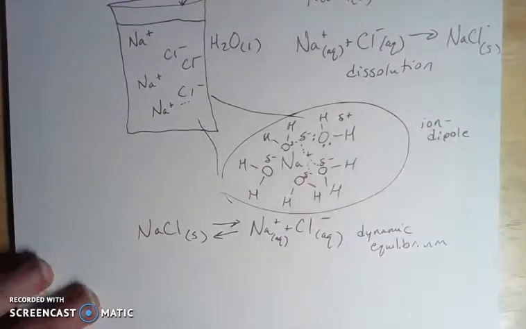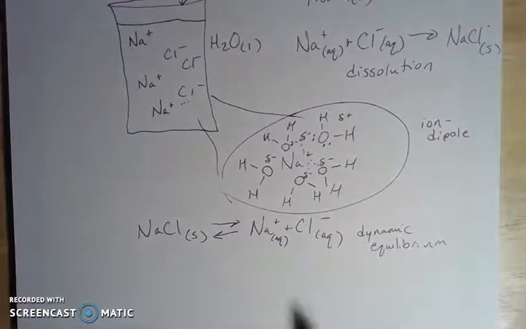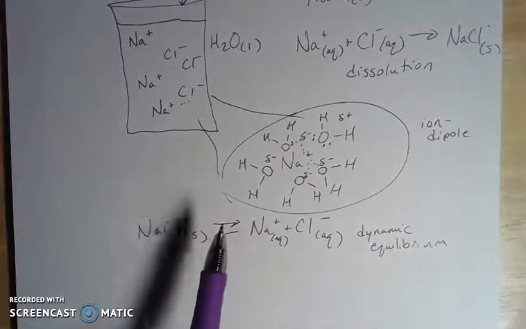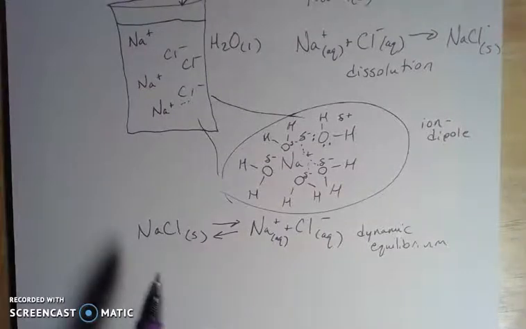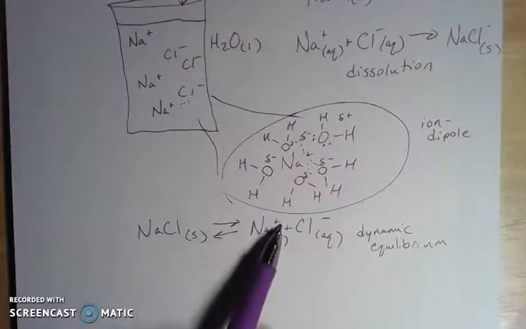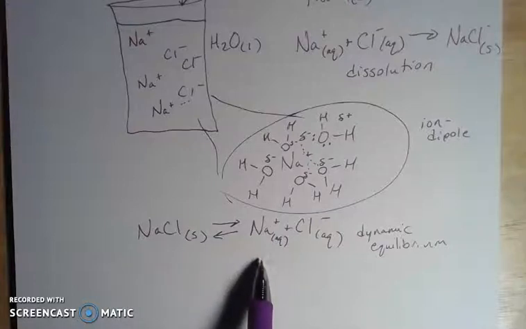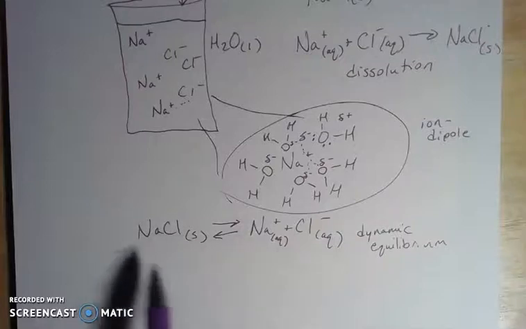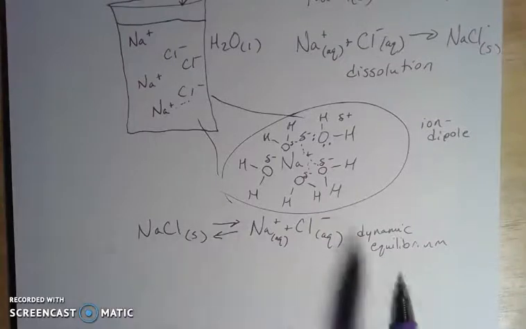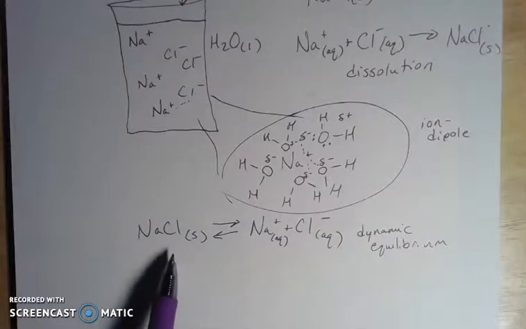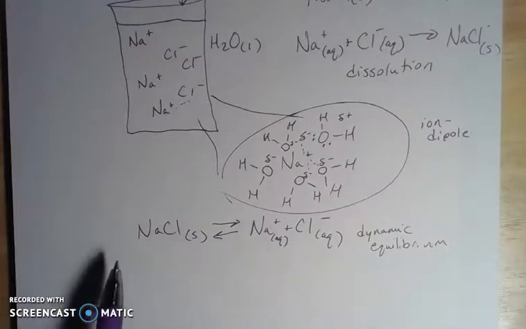For most chemical processes, they can reach a point of equilibrium, and most chemical processes can be written in this way. When we write a reaction from reactants to products with just a forward reaction arrow, then we're usually just indicating that that's really the preference. When it reaches equilibrium, mostly what we have are these products anyway. So that's really just a shorthand notation showing which side has a preference. If there's more of an equal preference between the two, which is not the case in this particular dissolution reaction, by the way, but if there is a preference for it, then we would probably just write it with an arrow